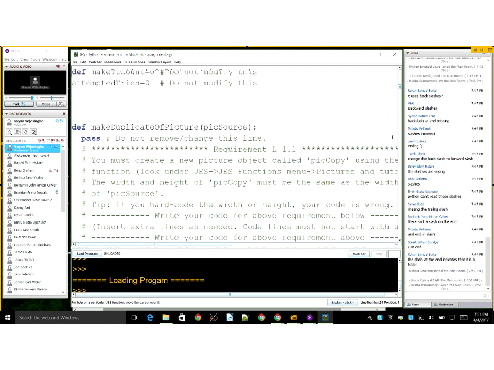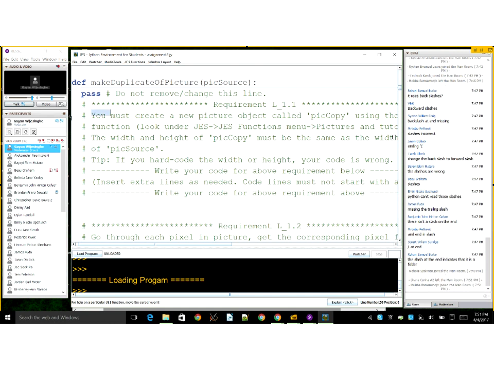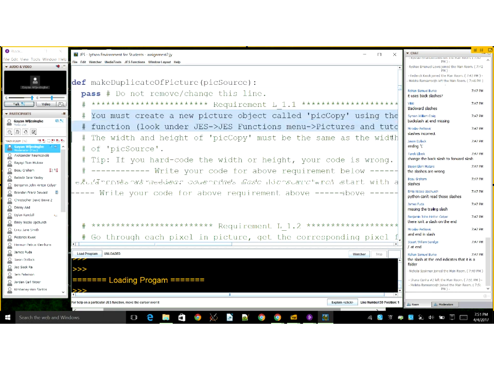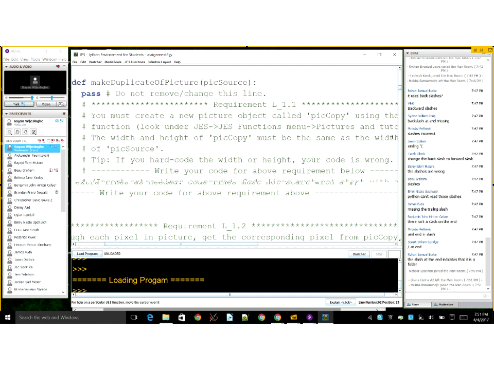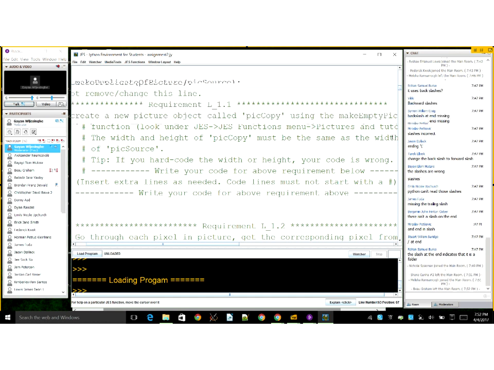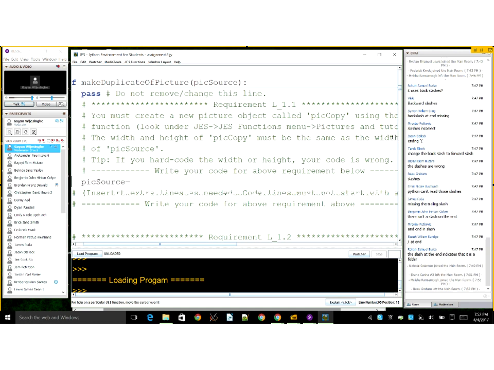Moving on to the next thing. Here it says you must create a new picture object called pickCopy using the make empty picture function, and it tells you where to look. And we have used make empty picture in the lectures. And it says the width and height of pickCopy must be the same as the width and height of pickSource. Now, if you are doing this, if you're saying pickSource equals,